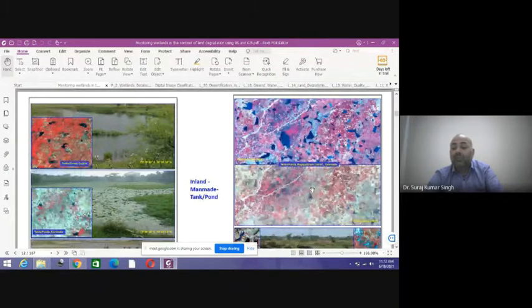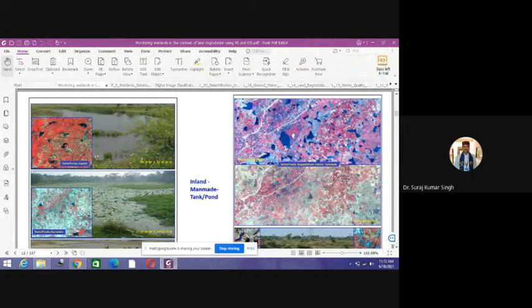If you create a large number of ponds and reservoirs, even if the water is going as runoff, you can create small barriers, check dams, artificial sites, so that this water is stored in these ponds, tanks, and smaller reservoirs in the agricultural land.